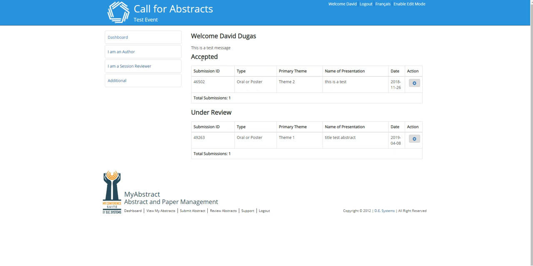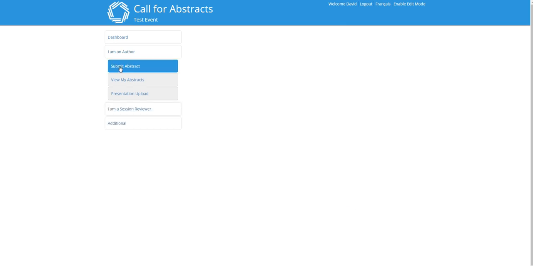But over and above that, it's going to show which content has been submitted, which content you've submitted is under review, and what's been accepted. It will also allow you to continue to view and edit abstracts if your event organizer allows you to do so. If you're coming for the first time and you want to submit an abstract, you would just click I'm an author, submit abstracts,